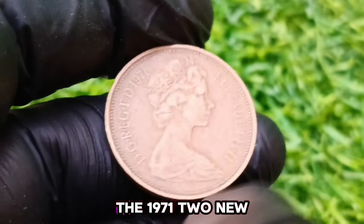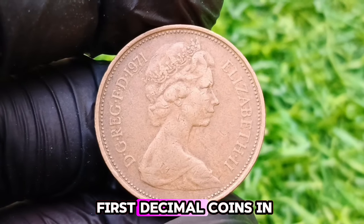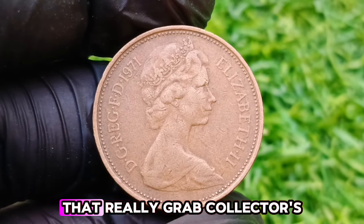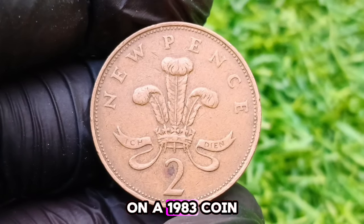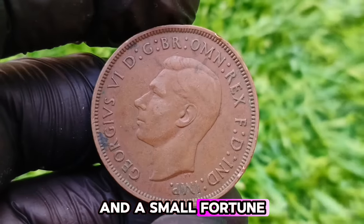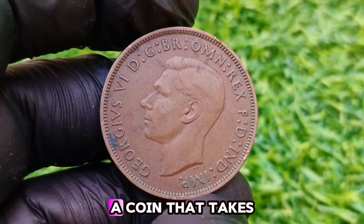In summary, the 1971 2 pence coin is historically important as one of the first decimal coins in the UK, but it's the 1983 era versions with "new pence" that really grab collectors' attention because of their rare and high value. That little phrase, "new pence," on a 1983 coin could mean the difference between a couple of pence and a small fortune. Next, let's talk about the 1941 penny coin from Great Britain, a coin that takes us back